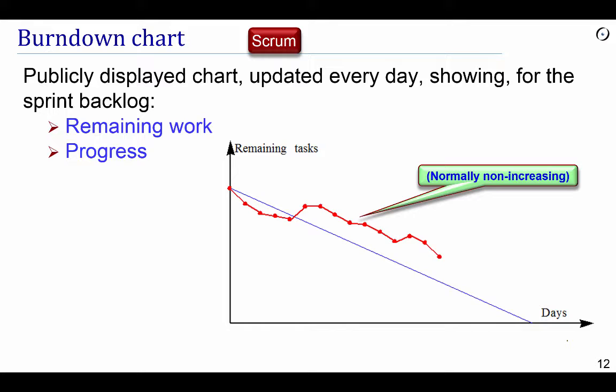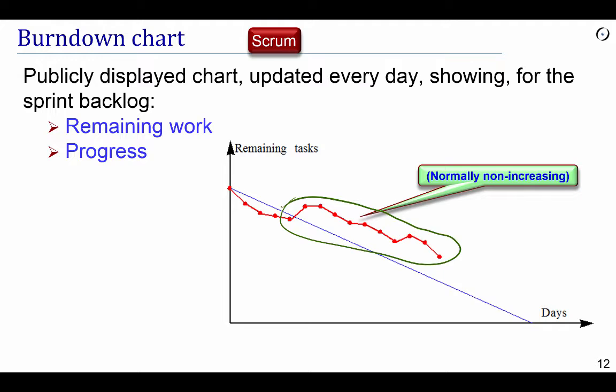Remember that one of the roles in some agile projects was the tracker. We track how much remains to be done as a result of tracking how much has been done. And if we are below the blue line, as at the beginning of this hypothetical project, we are progressing faster than we have to, and if we are above the blue line, we are progressing more slowly. In principle, the curve should not be increasing, because if it increases, it means that either we